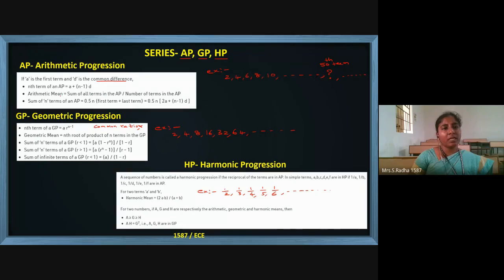Coming to the next thing, arithmetic mean. This is nothing but average. We know how to find average. If you have 6 subjects, you have the marks of 6 subjects. How do you find the average? Sum of the marks divided by count. How many subjects are you adding? Count. So sum of the items by number of the items, or sum of the objects by number of the objects. That is the formula for average.